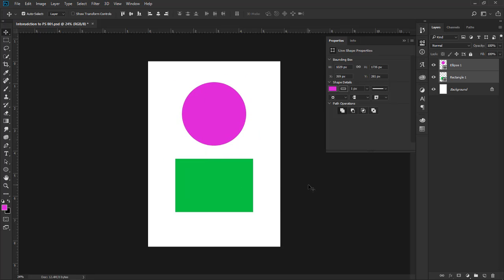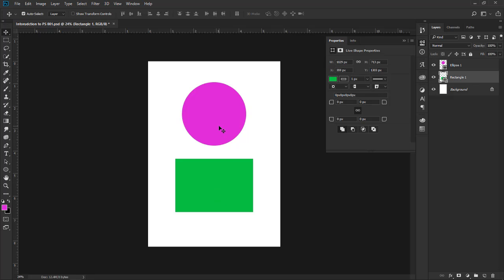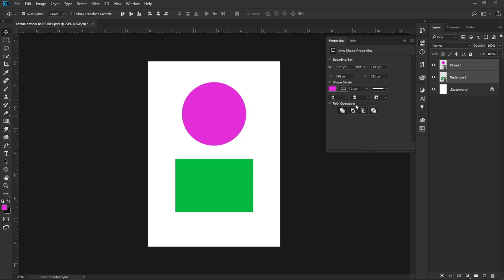Now, another way is I can hold my shift and actually select it here, right on the canvas. See what happens in the layer panel? Both are highlighted, which means I've actually successfully selected both. Now I want to delete these two layers so I can really explain the concept of creating new layers, and